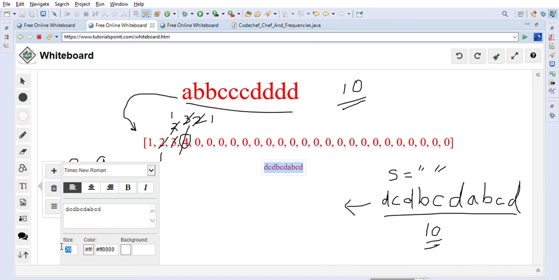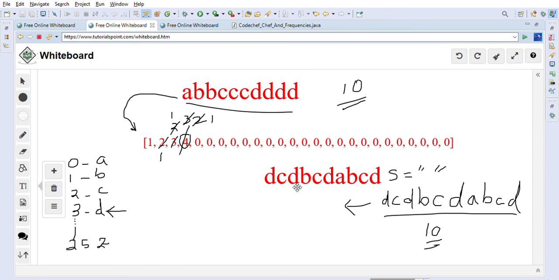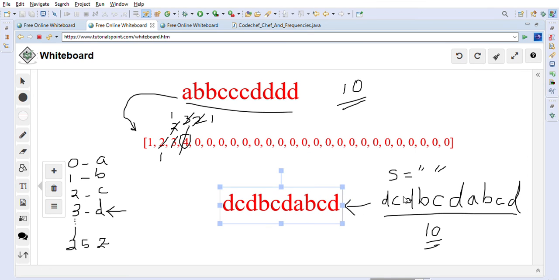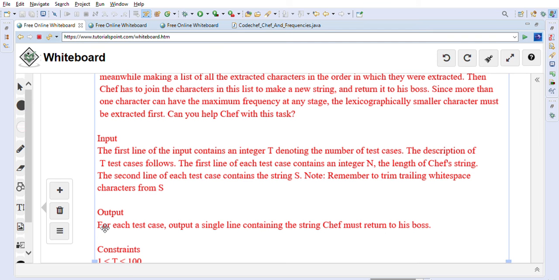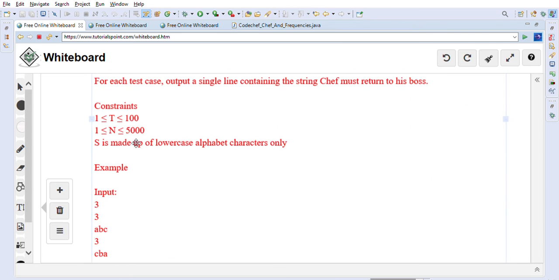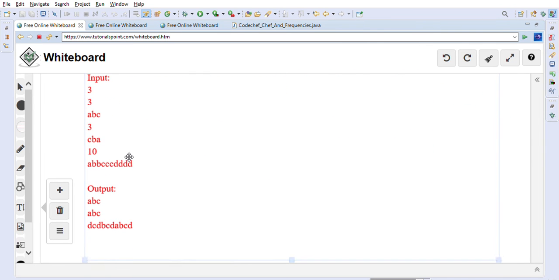Let me make this big. This is the answer that we got, DC DBC, DC DBC, and then DABCD, DABCD. So our code's answer is correct, and this is what the answer is here also. This is the last example that we are looking at.